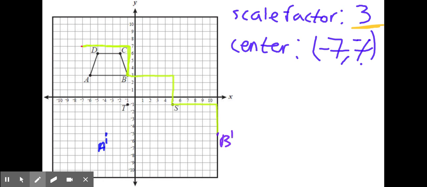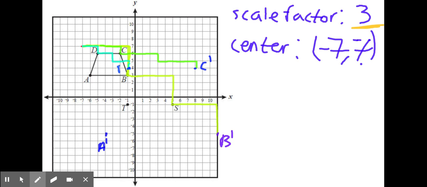Now from there, I have to do this twice more for C and then D. So for C, we're going over 5 and down 1. So I'll go again over 5, down 1, and then a third time over 5 and down 1. And then last but not least, I have D. To get from the center to D, I go over 2, down 1. So then a second time over 2, down 1, a third time over 2, down 1, and that puts D